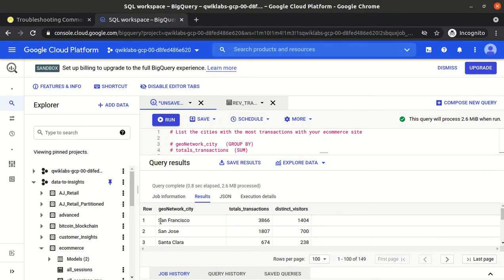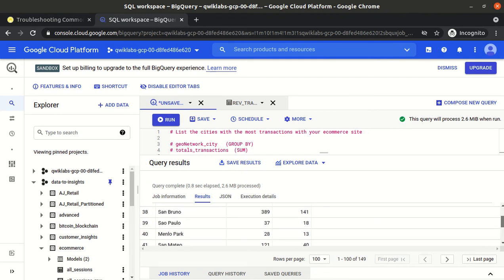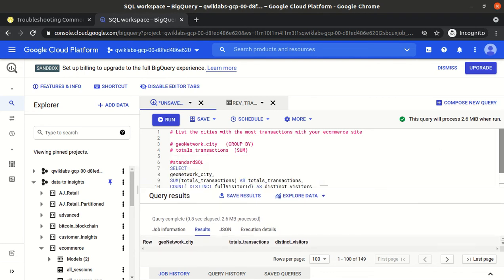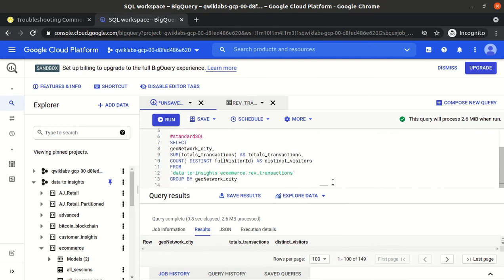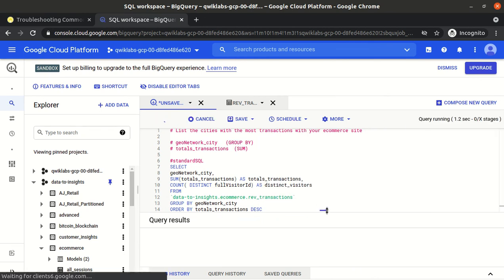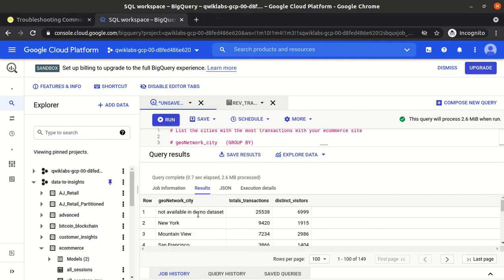But if we go through this now, if we order by total transaction descending, the first is not available in the demo data set, then New York, then Mountain View.